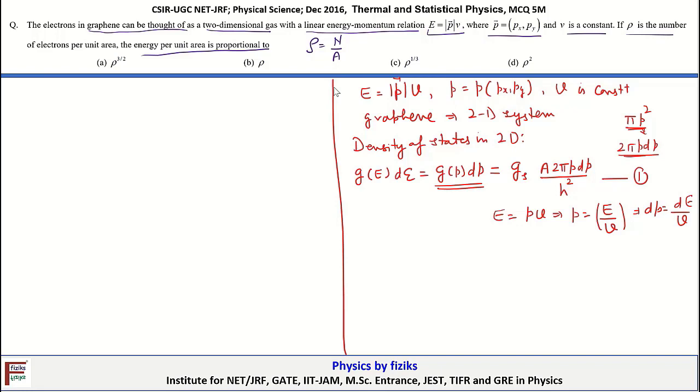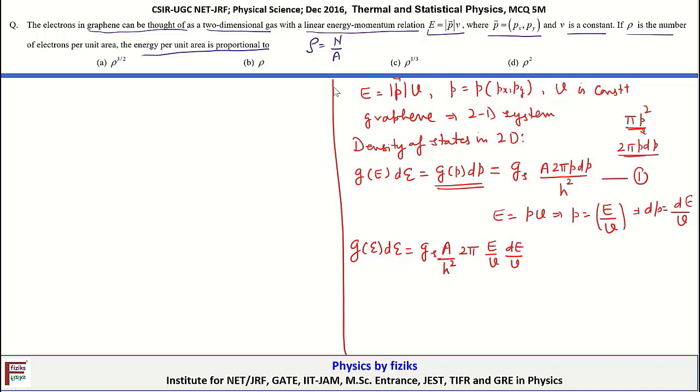Now we will make this substitution in equation 1 and see what we obtain. So therefore G(E) dE is equal to G_s, that's the degeneracy factor, and then the remaining term A into 2 pi A upon h square, and then 2 pi and p is equal to how much? That is E by v, and then multiplied by dp. So what is dp? dp is dE by v,